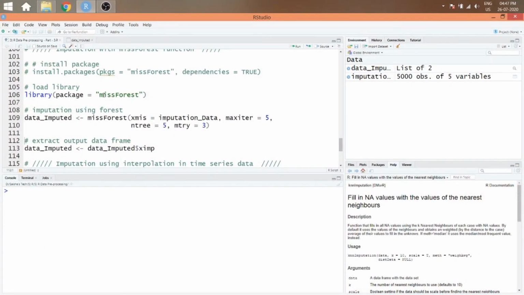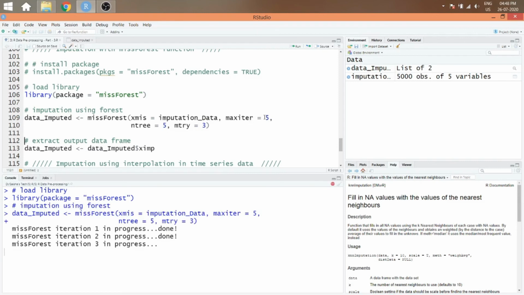MissForest imputation. The package and function name of the imputation is missForest. In line 106, we are loading the package into RAM. In line 109, we are choosing 5 as the maximum number of iterations to be performed, that is the stopping criteria if the algorithm does not converge. Similarly, the number of trees to grow and variables to choose in one tree is considered as 5 and 3.